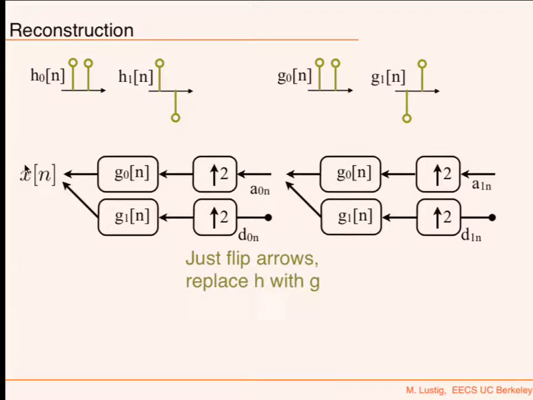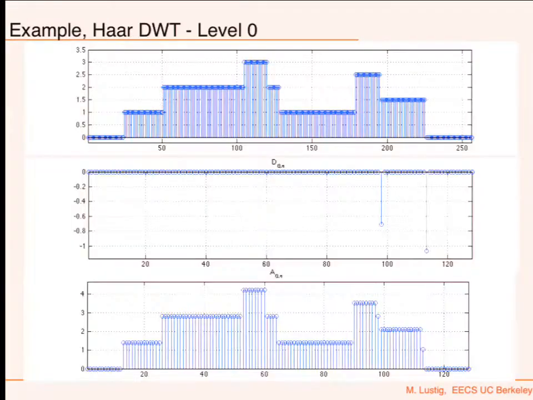Let's see an example. Okay? Here I start with a signal that looks like this. Why did I pick this kind of a signal? It's piecewise constant, and it's perfect for a Haar decomposition, just because of the shape of those basis functions. So when I take this, I'm going to compute detail coefficients and approximation coefficients, which are D0[n] and A0[n]. Okay? n means where I am on the time axis.